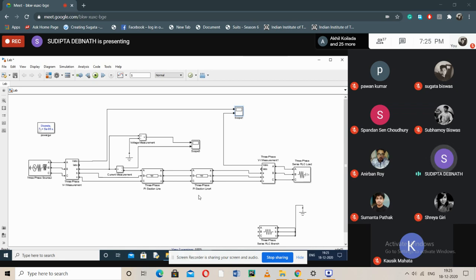Okay. So you have to explain every reading. That means you have to write down why the receiving end voltage is less, why it is more, why it is equal to the sending end voltage, why the power factor is 1. Then you have to explain all the readings. All the readings I have already explained in the class, and also I have told you now. So if you go through my class notes, you will get the answer to all your queries, I think. And of course, if you find any difficulty, you can contact me anytime.